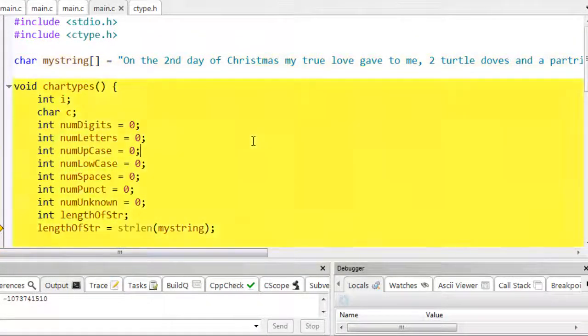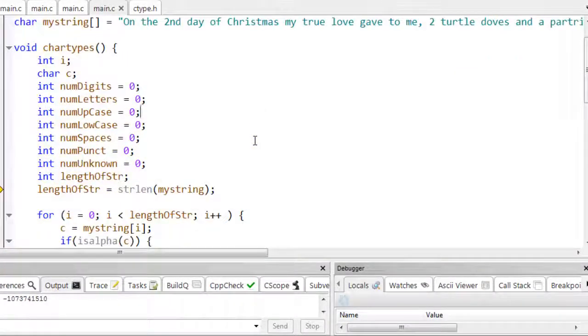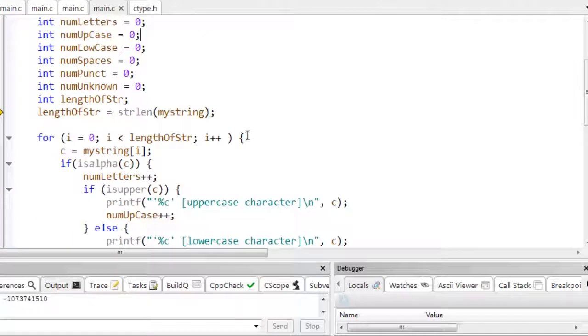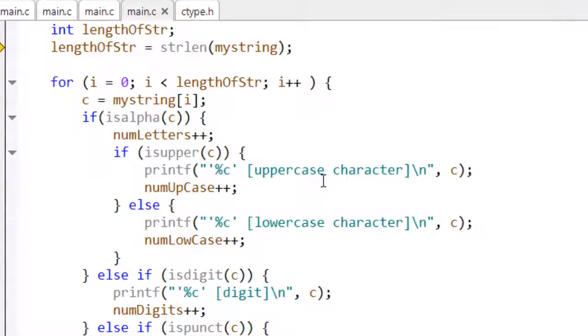And it calls the char types function here, and it tries to keep a count of the number of each type of character in that string. So digits, letters, uppercase, lowercase, spaces, punctuation, and for the sake of safety, anything that's unknown, anything I can't characterize using the functions. And all it does is it has a for loop and it goes through the string one